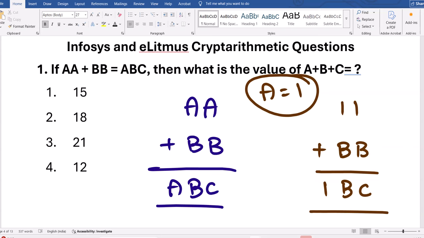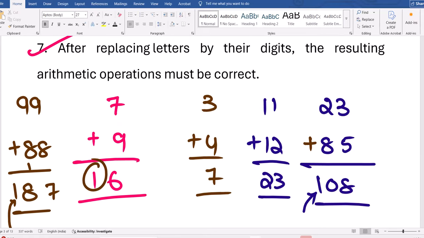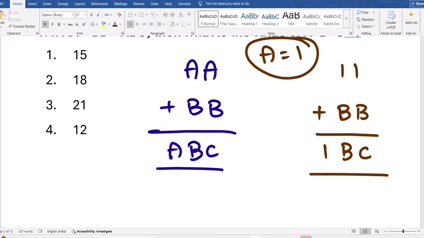Why, sir? If B is 7, let us assume, the carry from the previous place is also maximum 1, right? This is very basic but a concept. Nothing to learn by heart. I have already given the basic rule. When you add two-digit numbers, if there is a three-digit result, it should be 1; and when you add two single-digit numbers, the maximum carry is 1. If you take 7, for example, the result will be two digits only, but what you want is three digits. If you take 8 also,